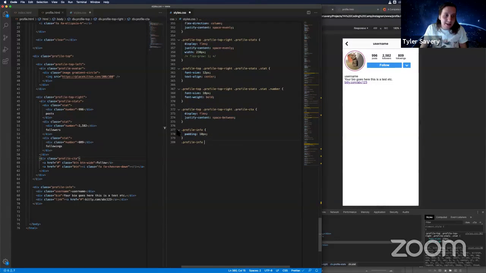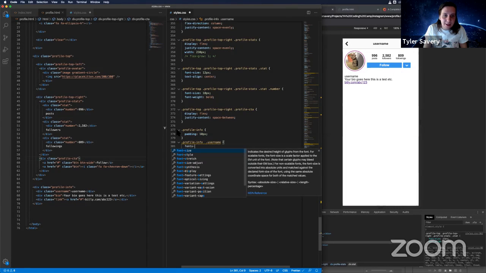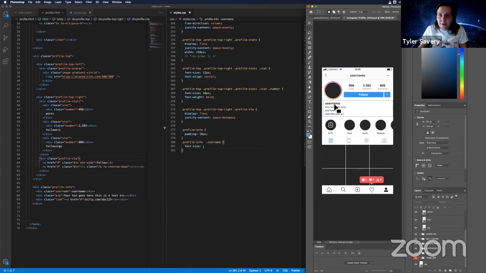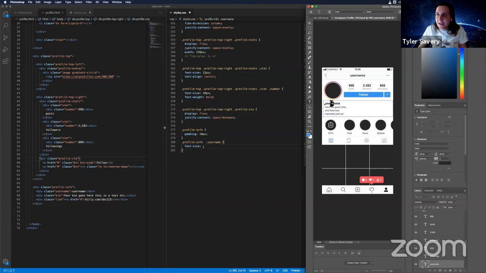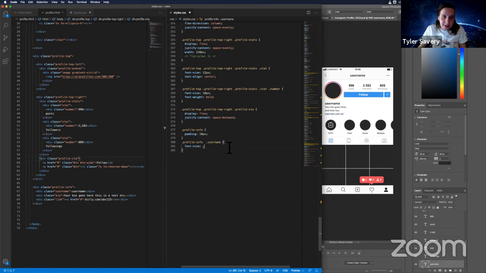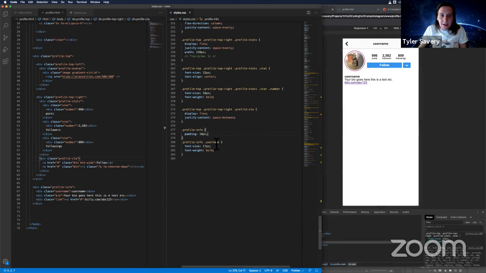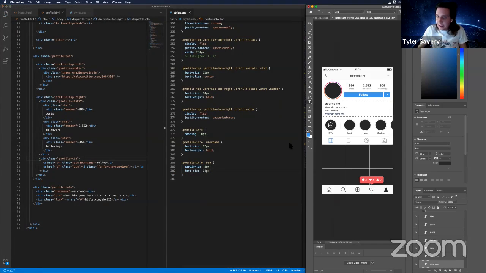We can go here and style the username specifically and give it a font size. Back to our Photoshop. This is size 34, so we will do 17. And it looks like there's a font weight of bold. And we come back here, looking good. This should be pretty easy. .bio. We'll give it a margin top of 8 pixels just to space it out. Font size of 14. I don't know if that's correct, but